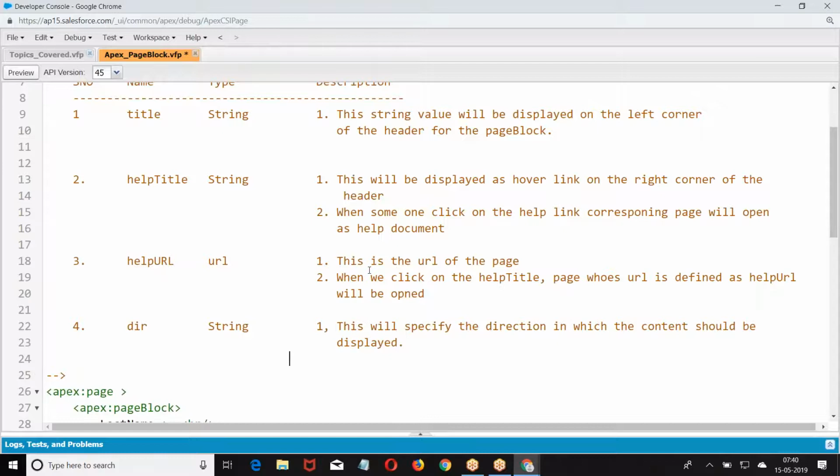What are the possible values we have? LTR, left to right, RTL, right to left. Right. By default, what is the value? Default value is